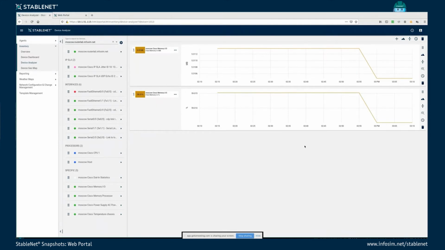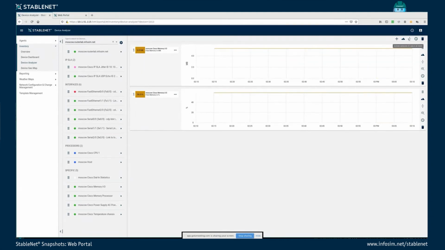I can go, for example, to the Moscow router. Now you see all the measurements which are currently placed on the device. And I can simply drop measurements inside the measurement panel. And now for every metric with a different unit, there's a chart created. And you can see that I can analyze it. I can toggle minimum and maximum, or min and max. Okay, for now I don't have any min and max aggregated data, but you can toggle the outer scale feature,